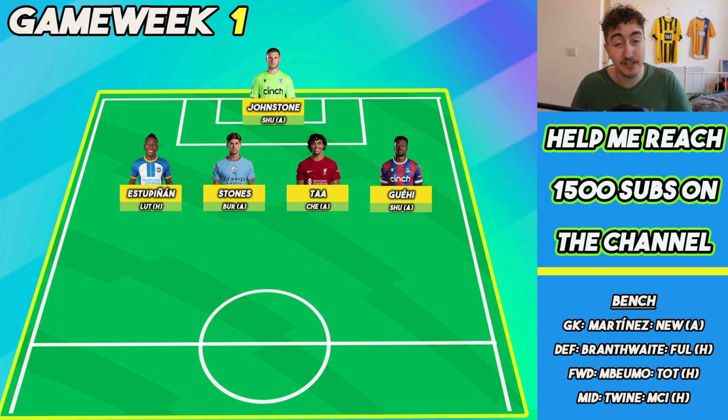Martinez as well is a really good standout goalkeeper. A little bit pricey at 5 million, but with Emery there as well, they could really be a good defensive unit this season. Moving into the back line, we do start off with Estupinan,